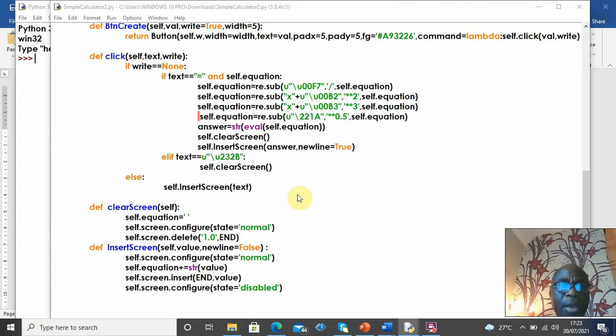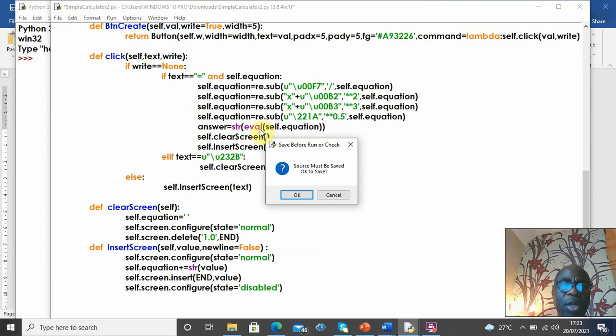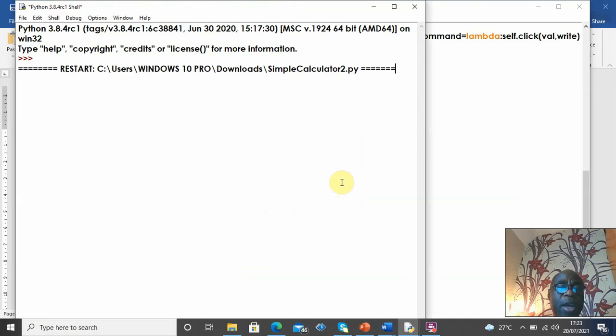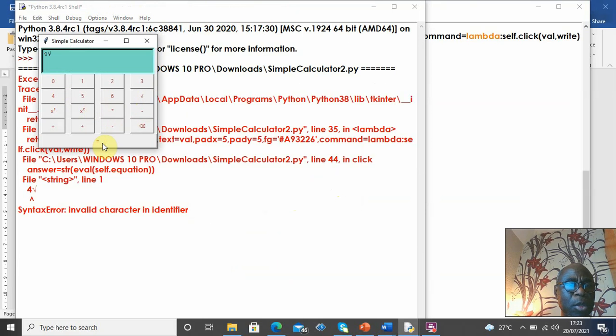click OK. Okay, expected. There's no indentation there, so I have to move this back a little bit. You see that? That's easy to do. So I click that now. Thankfully, you can just press F5. So it should run. So now the square root icon is there, as you can see. So if I want to find the square root of 4 and press that and press equals, well, it's telling me